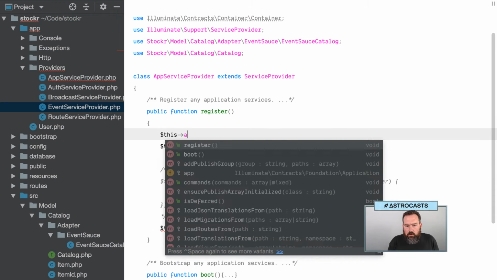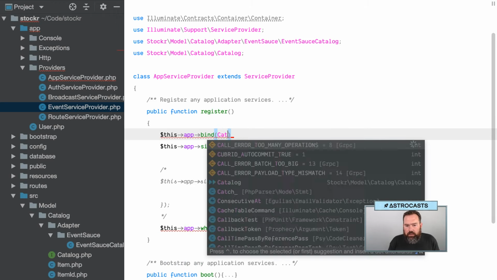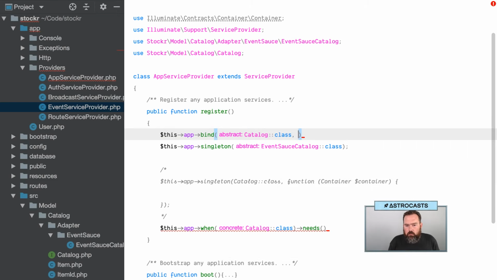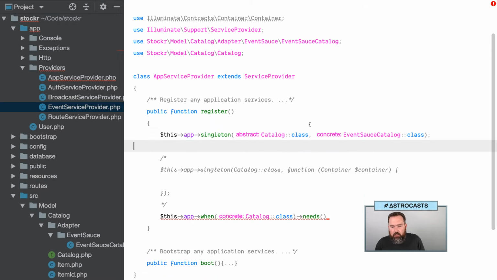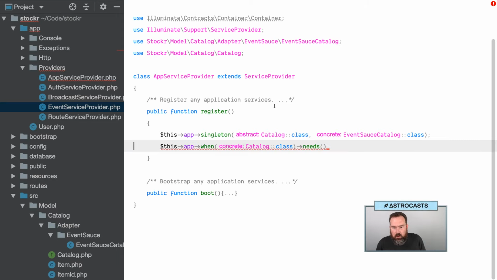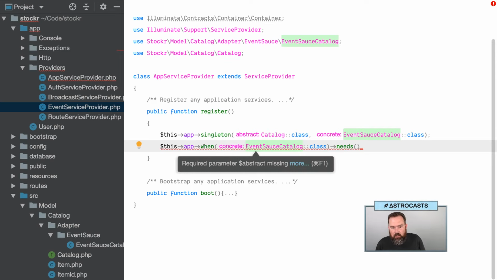And we're going to bind catalog to EventSauce catalog. So anytime our application asks for the catalog class, we are going to give the EventSauce catalog. Let's actually do, I think we can do this in one now that I think about it. So we can just do that. So there's only going to be one instance of catalog ever, because we don't really need to, we can just keep those running. So when the concrete class, so when the EventSauce catalog